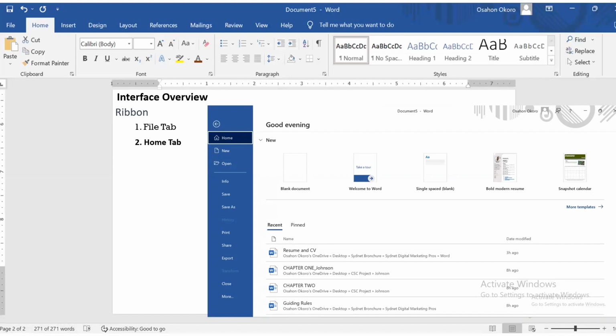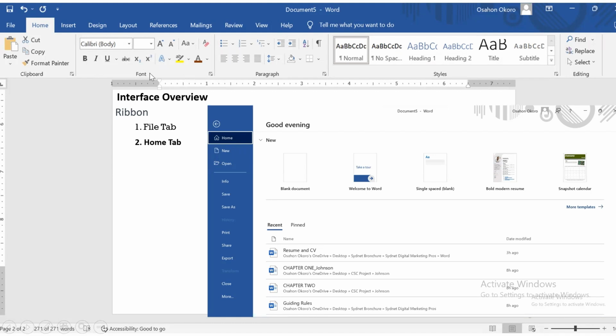So, in the Home tab, like I said, you have the basic functions that you use in editing your document. If you want to change the font of your document, you can click on this section, which is the Font section, to make a highlighted text bold, or italic, or even underlined, or you want to have a strikethrough over it, have a subscript or a superscript, have special characters.